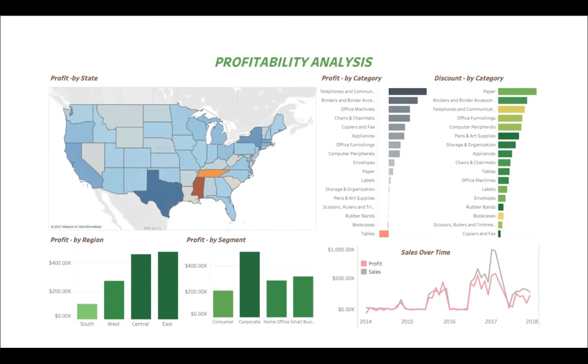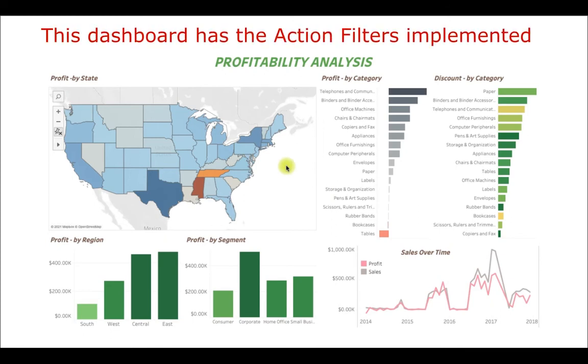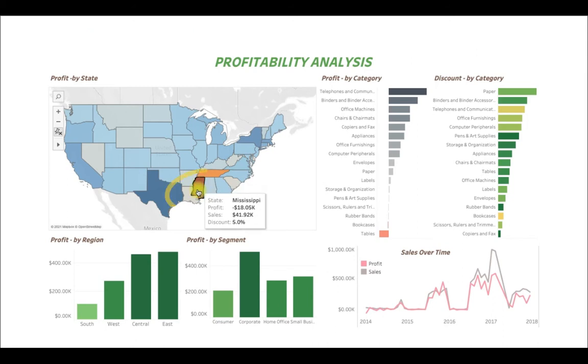But if you come here in this dashboard, I have already made the action filters. So let's say in this state, what you see is this is the most loss making state, basically Mississippi. And I want to see basically from where this loss is coming.